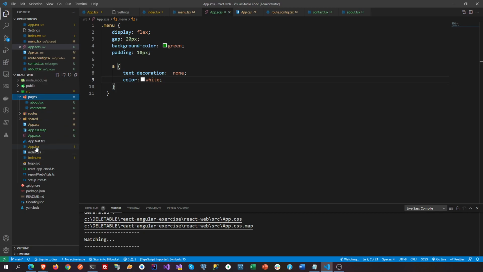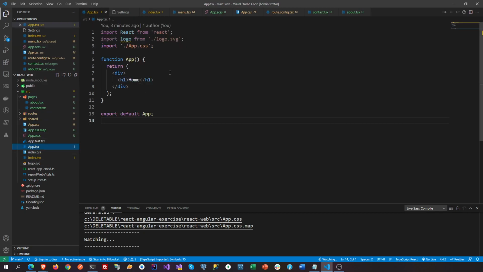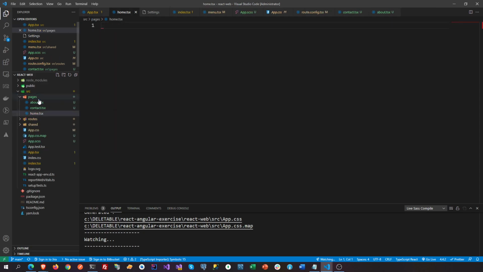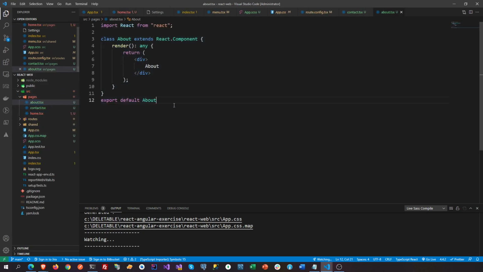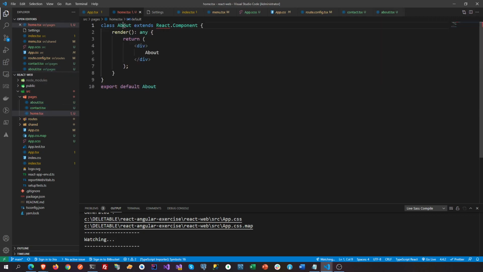Okay, so for the home, I don't want this on the app. I want to create a home page, or maybe dash or home.tsx. Right, and we are going to add a home tsx here. Home